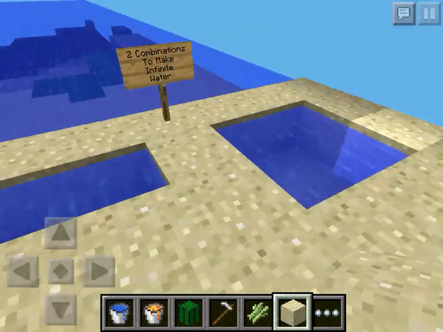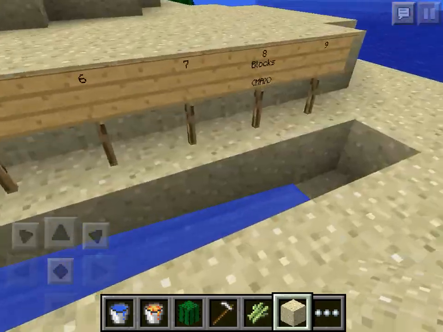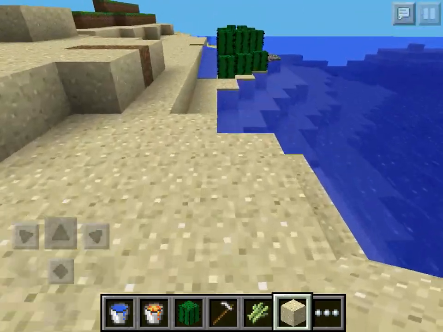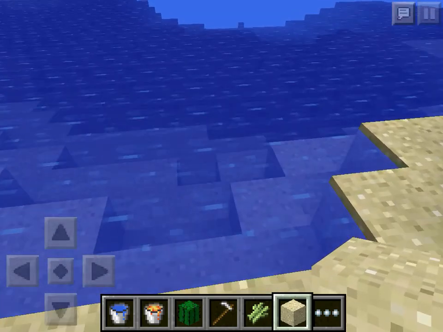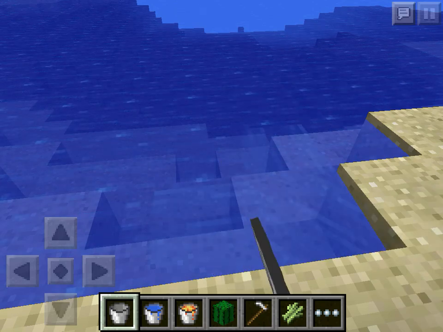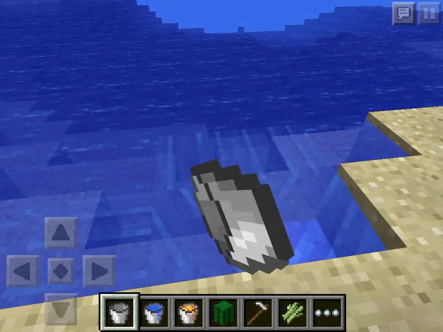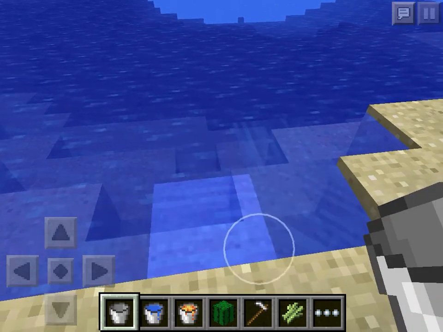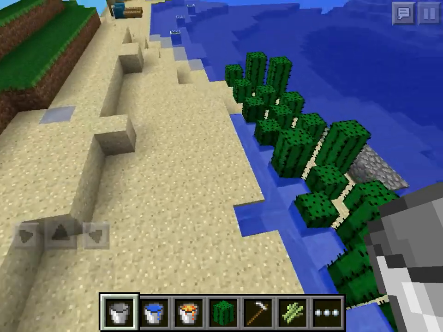You've got the easily infinite streams you can create. You've got the flowing water, like this, which is useful for farming if you've only got one bucket. And an important thing is water can be picked up by buckets. Forgot to mention this, but yeah, it's a bucket like this. So if you click there, you can take buckets of water and you just keep going and keep going, and you just keep getting buckets of water. Because I'm creative, you can't tell, but as you can see at the bottom, that's what a bucket of water